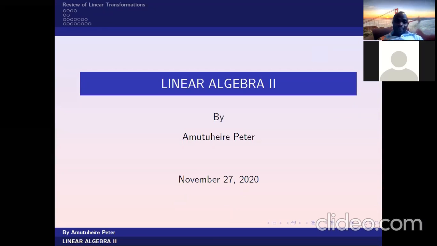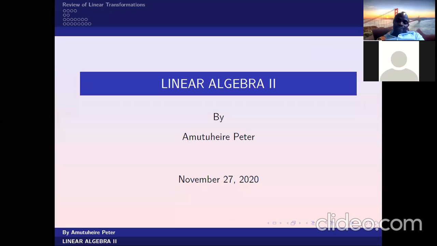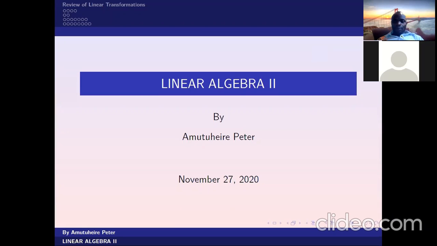So from the vector space, we looked at a subspace. Then from the subspace, we looked at the basis for a given vector space. We looked at linearity. We looked at how to check that a given set is linearly independent or linearly dependent, and so on. So the first chapter,